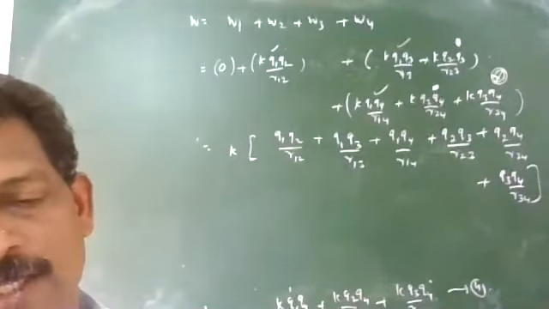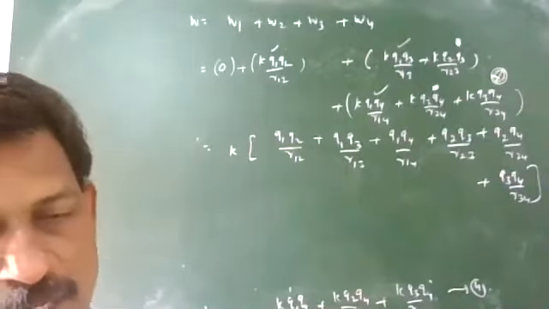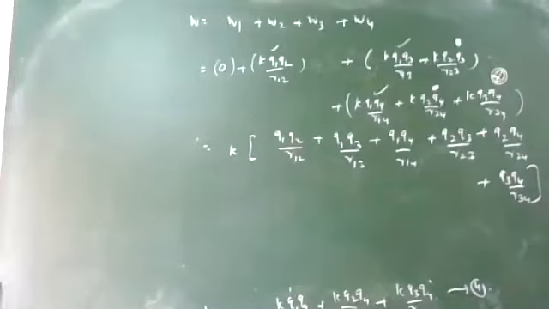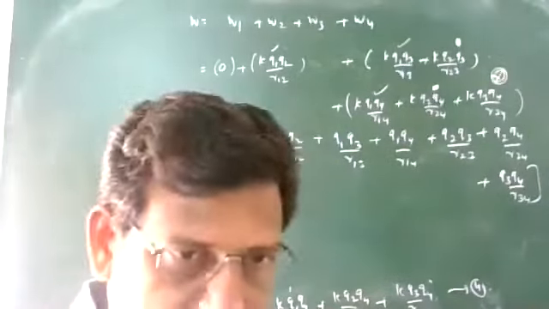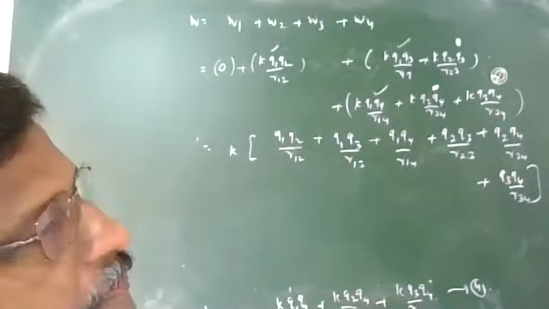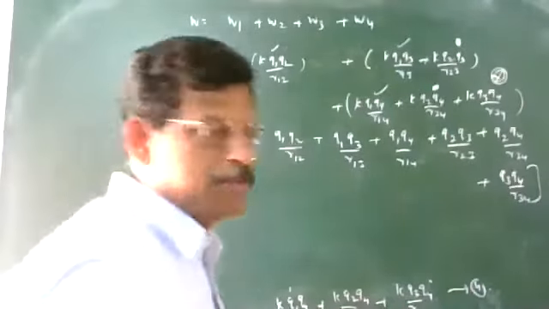If you want to dissociate them, dismantle them to infinite distance, what is the work done? If this is 10 joule, to dismantle you have to give minus 10 joule. So write this equation to copy: 12, 13, 14, 23, 24 and 34, divided by corresponding distance. So now I think all of you have completed this. Yes, sir. Okay. So we'll do some numericals.